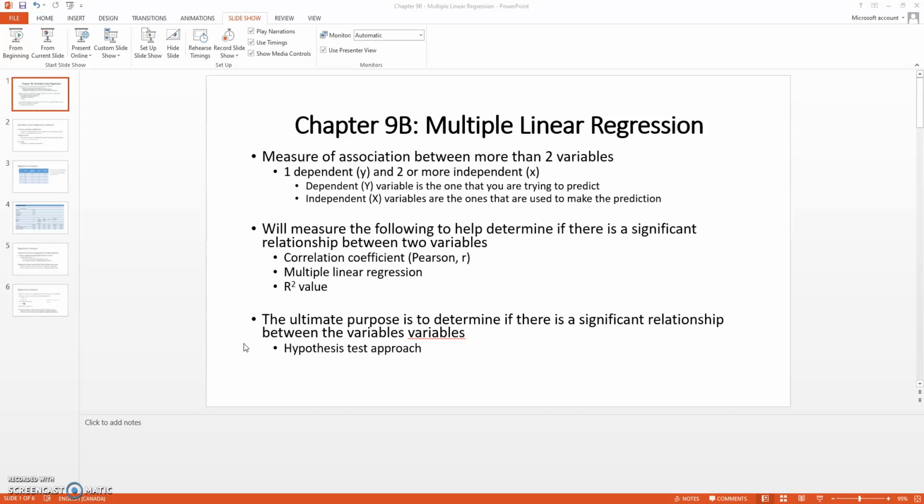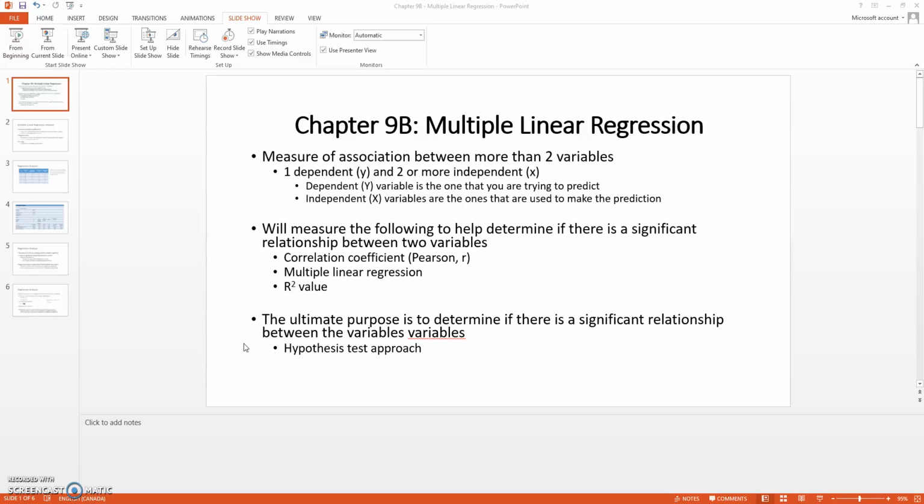So we are measuring multiple independent variables to see if there's any type of association, correlation, significance to the dependent variable y. So remember, once again, the independent variables are the ones that are used to make the prediction, and y is the one that we are trying to predict. So this follows the same process as the first part of this chapter in terms of what we will be doing. We're looking at measuring the correlation